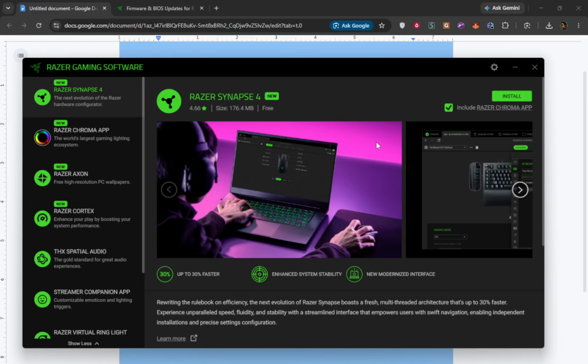When an update is found, click on Update Now. This action will start the installation of the new firmware or software. You will need to wait for the installation process to finish. Typically, this does not take long, and you will see a progress bar indicating how much time is remaining. This progress bar is reassuring as it shows you that the update is actively being applied.